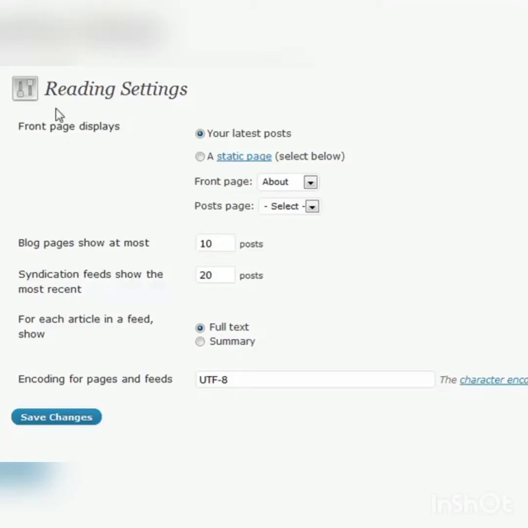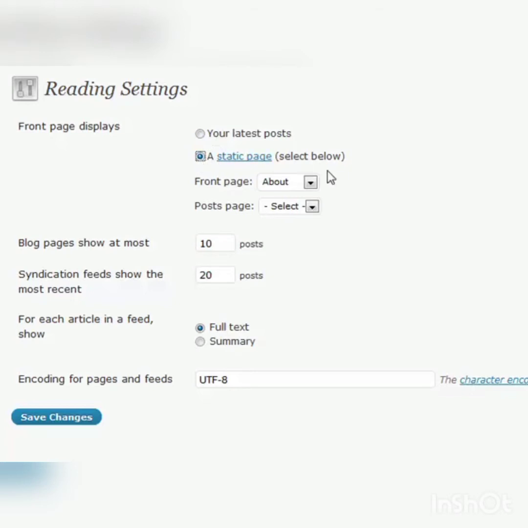All right, reading settings. There's a couple of different options here for not only reading your blog, but also feed reading with RSS and syndication. So, for the most part, most people want to be able to show the latest posts on the home page of their blogs. But for some smaller blogs or some people that maybe want to show the same information to everyone who first enters the site, maybe you want to display a static page, and that's a single page of